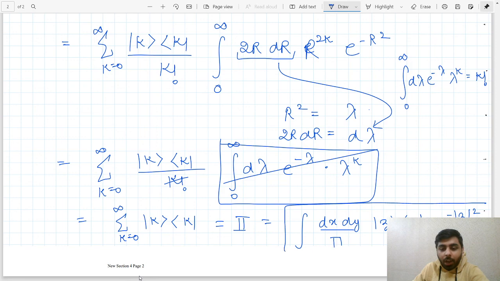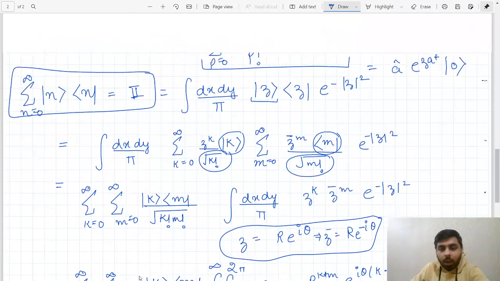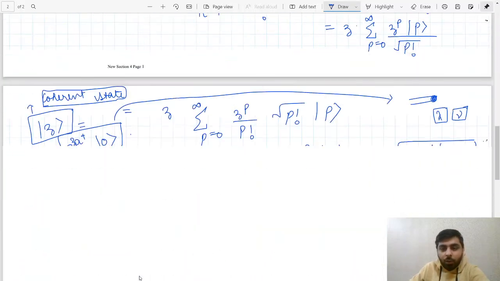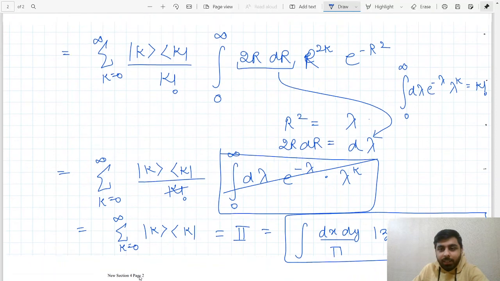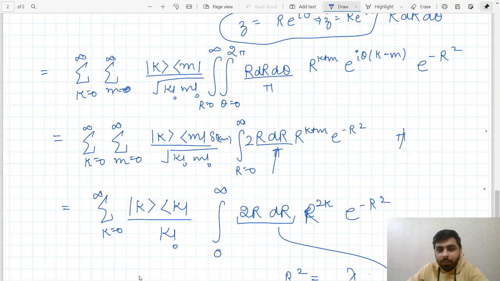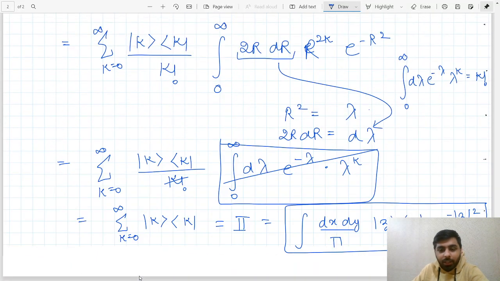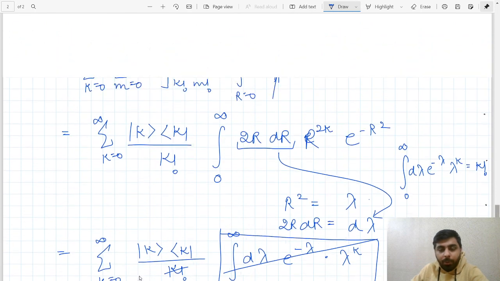So if you have got any doubts or got confused by something, try watching it again. But I found this whole proof to be extremely beautiful, and the way that these things cancel, the way that this pi cancelled here, and then in the end we got the factorial cancelled here, and then this very simple closure relation came out. I found that to be pretty interesting.